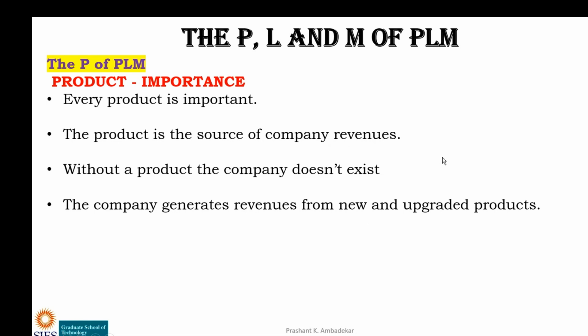Now, one more thing about this PLC curve, the life cycle curve, which we have seen now. There are 4 stages, and it is spread along the horizontal axis for a period of time. Now the trend in the market has changed. The trend has changed in such a way that a product's life is now reduced. Product life is reduced to every 6 months or every 1 year.